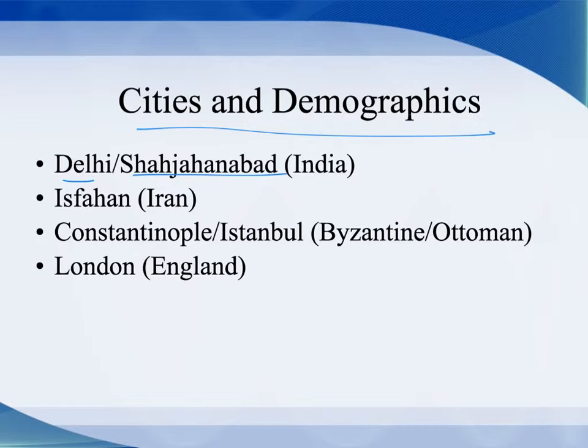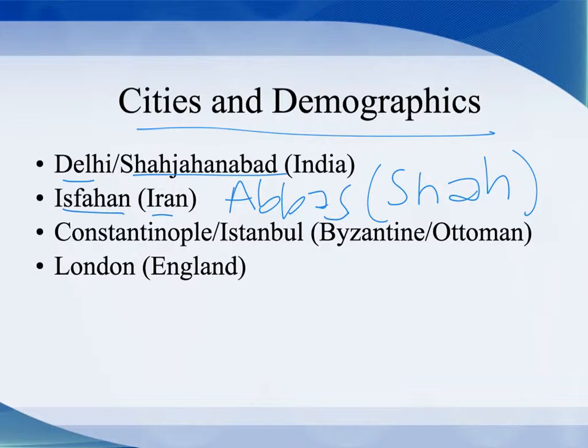Okay, so Isfahan, the capital of Iran, became the capital in 1598 by Shah Abbas, and I think we mentioned him in the last video. The Shah, again, is the title of, it would be like calling him King Abbas or Sultan Abbas, but Shah Abbas, it became his capital in 1598. It was one of the largest and most beautiful cities of the time, and it had a 2.5-mile walkway and a really large public square, and it housed about 500,000 people.